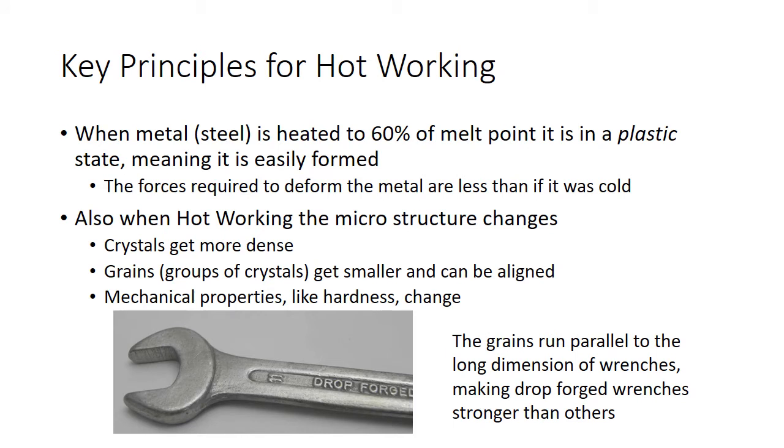Now, what happens when steel is heated past that Curie point? It enters what's called a plastic state, meaning it can be formed. That's where this was known long before artificial plastics came on the scene, and that was one reason the term was chosen for things like polyethylene, because it was easy to deform. Some other things happen in hot working, and